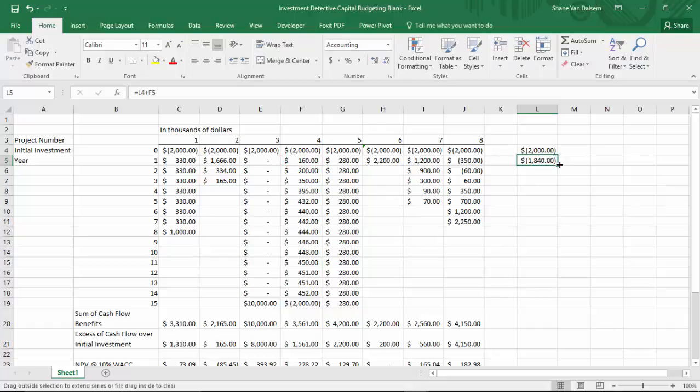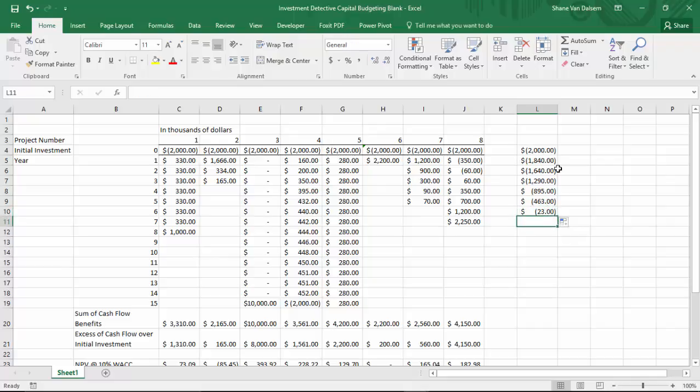So then what I can do is actually just drag this down, and each year represents another year in the project until that number gets to be negative. And so we see here